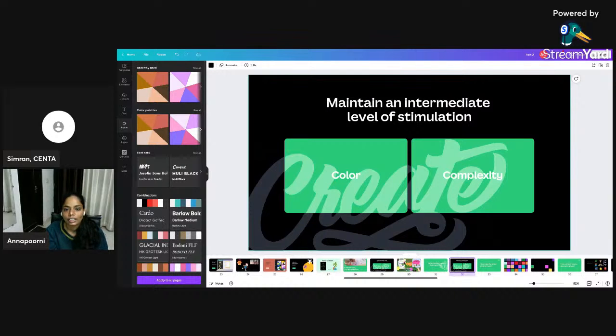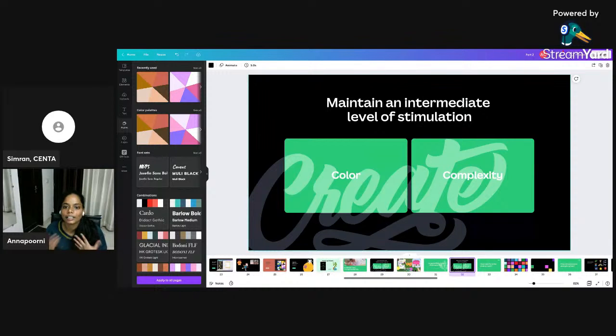Okay. So it's really important that when we create something, especially for the learning environment, we keep two things in mind: the colors and the complexity. It cannot be too overwhelming, it cannot be too overpowering. It needs to hold the learner's attention, but it still needs to be stimulating, attractive, something that inspires them.